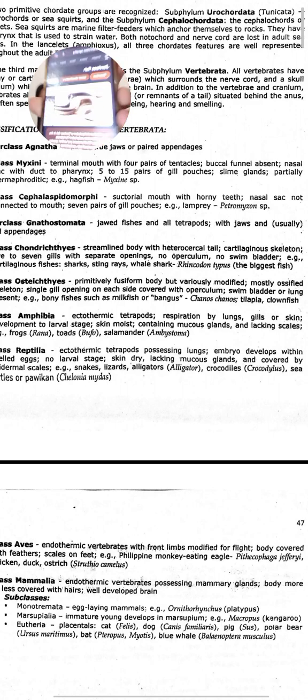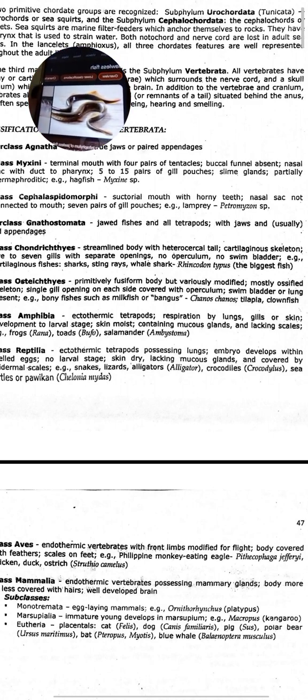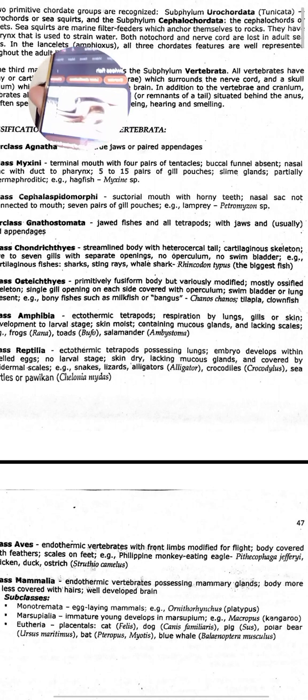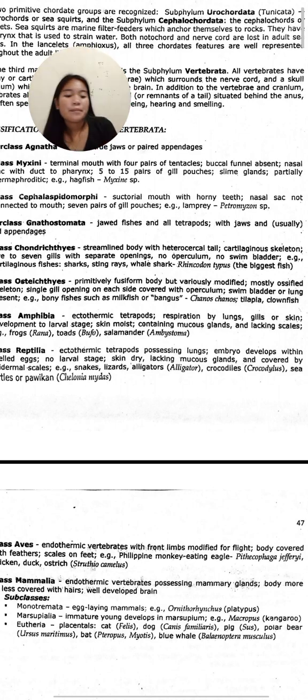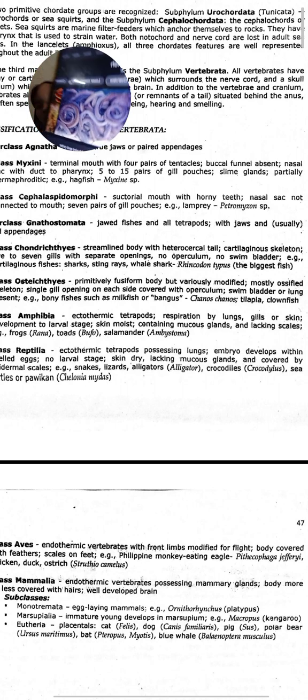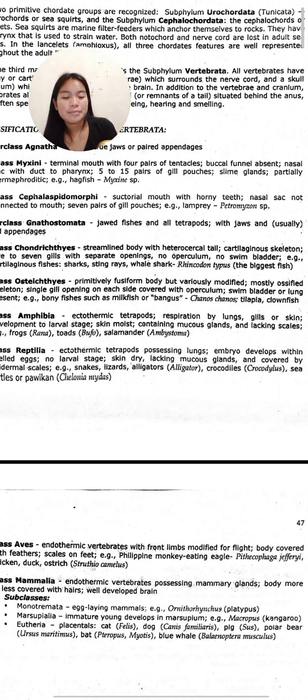This is the superclass Agnatha. Agnatha is an infraphylum of jawless fish in the phylum Chordata. Next are hagfish of the class Myxini and order Myxiniformes, which are eel-shaped, slime-producing marine fish. They are the only known living animals that have a skull but no vertebral column. This is the class Myxini. Next is